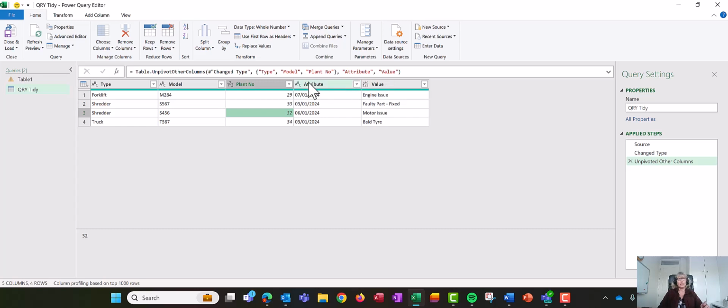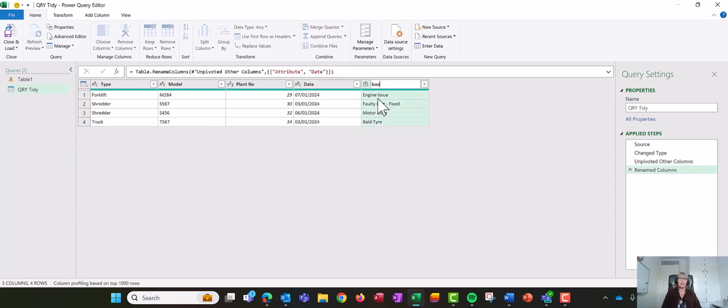So let's just double click on attribute, we're going to call that one date, and we're going to double click on the value column and call that one issue. Okay, and then when you're happy with that,